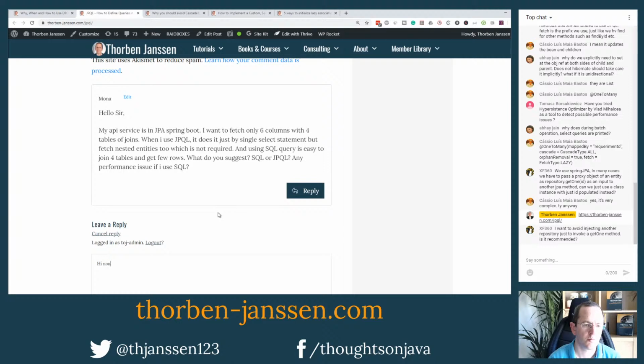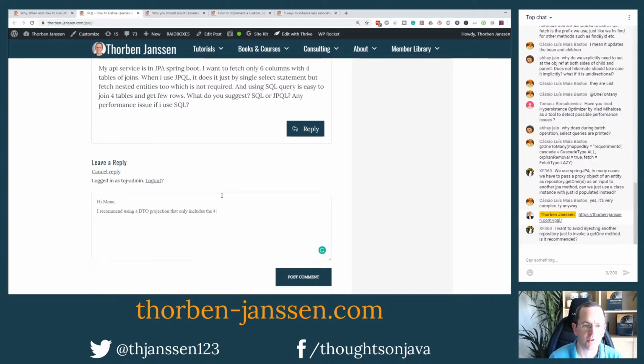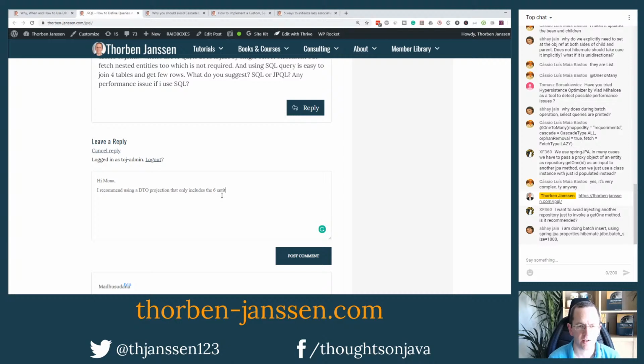Hi, Mona. I recommend using a DTO projection that only includes the 6 entity attributes, the database columns that you need for your use case. If you use entities, Hibernate will